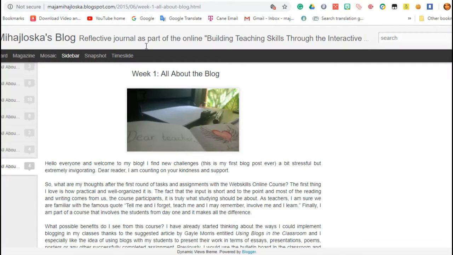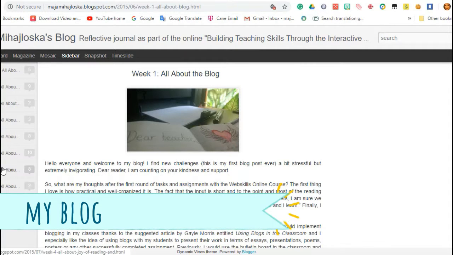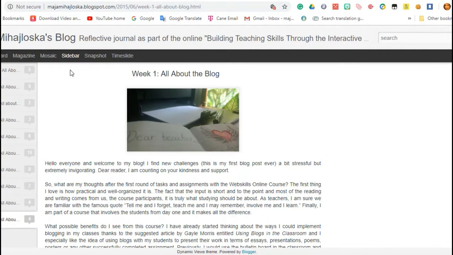This blog is actually a journal of everything that I have studied during my 10 weeks course with the American University. It's about building teaching skills through the interactive web. So if you are interested in deepening your knowledge about how to implement web tools in your teaching, feel free